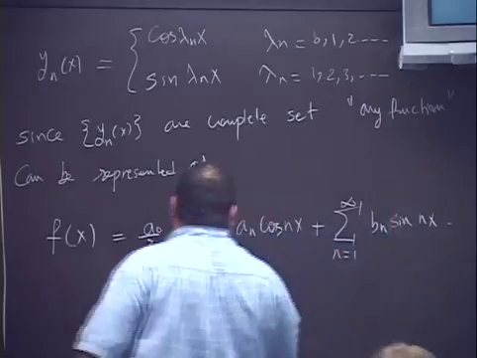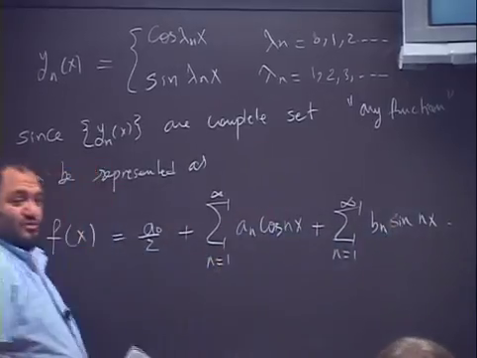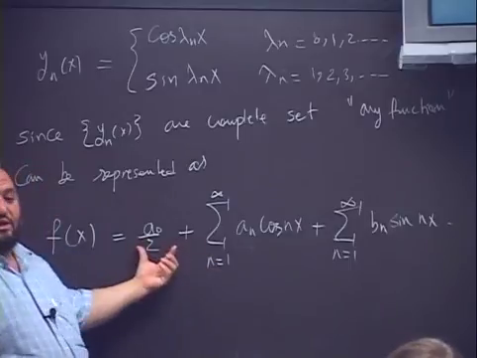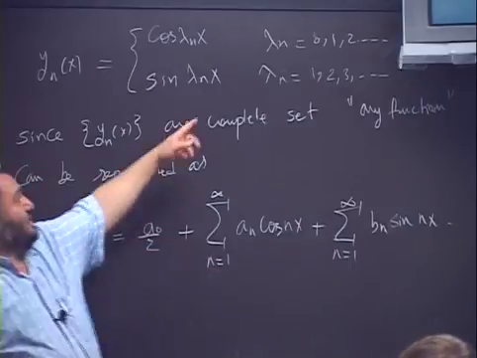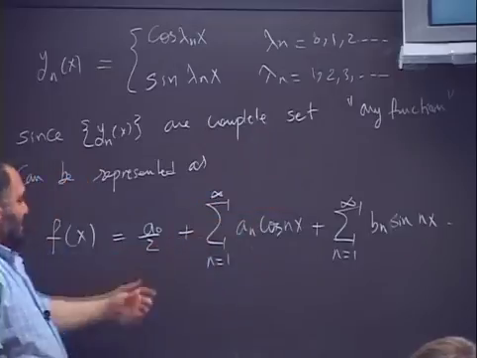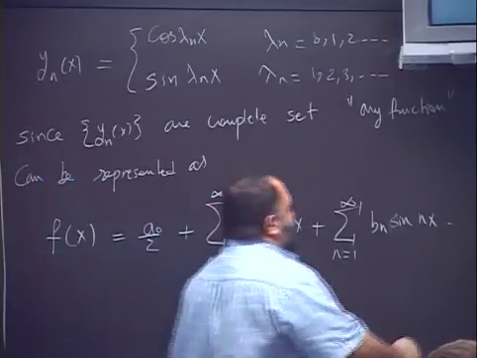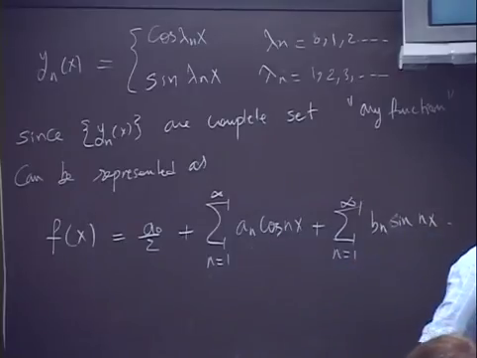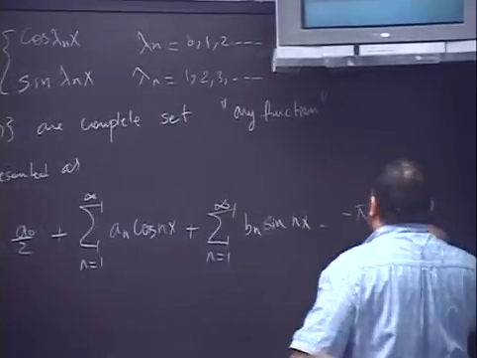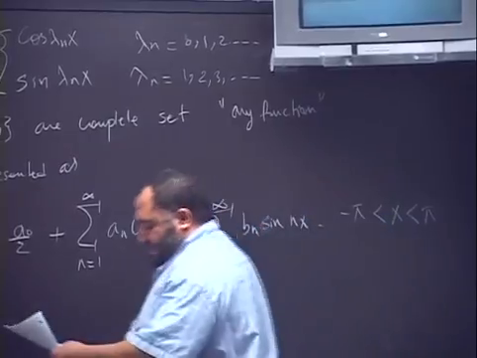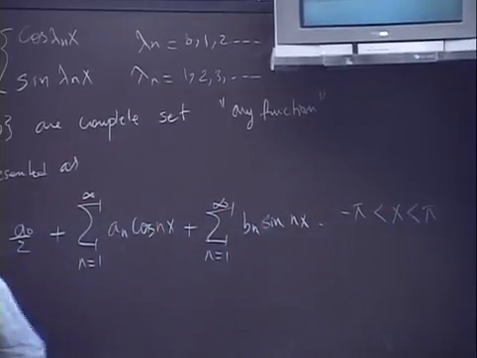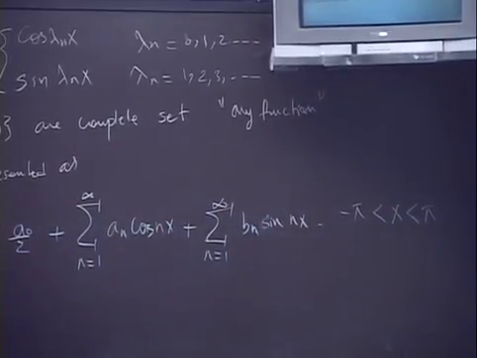We started the summation for the cosine from 1, and we took out the first term when n equals 0 as a_0 over 2. This is valid from negative pi to pi,